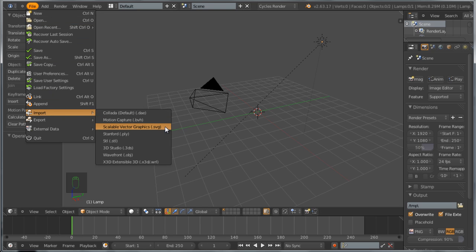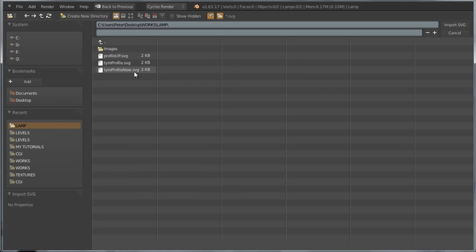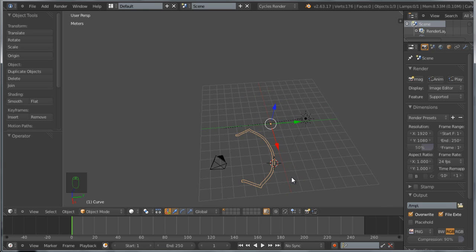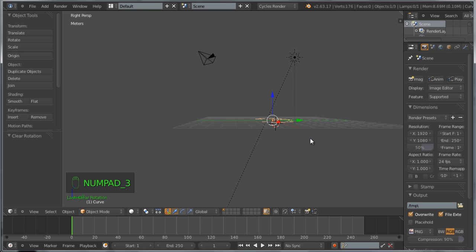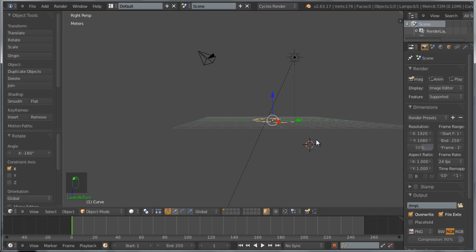So import scalable vector graphics .svg, and I'm heading over to the directory and I select the profile up .svg, import .svg. As you can see, here it is now. Alright, this one. So first thing I want to do is to press Shift Control Alt C and bring the origin to the geometry. Okay, and then I'm going to press Alt Z to reset the location and alter the rotation, of course, and perhaps I'm going to be rotating this around the x-axis by 180 degrees,